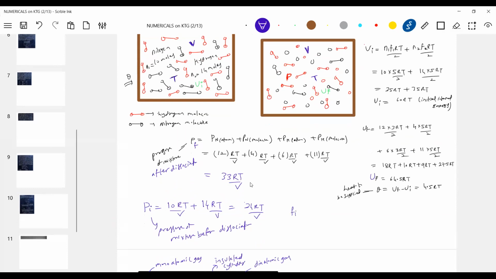Phi initial is N1 Na by 2V, RT by 3M naught. Do I agree with this? So what is that N1? Total number of... similarly N2 Na by 2V, RT by 3M naught. I think the molecular masses you have to substitute clearly. This is the initial rate of collision, the total number of collisions per second per unit area.